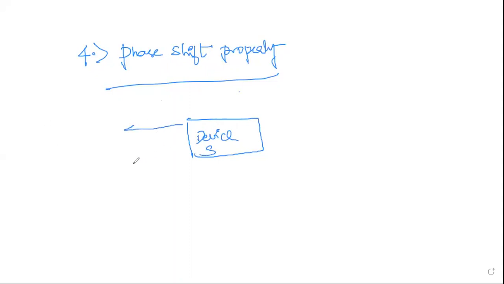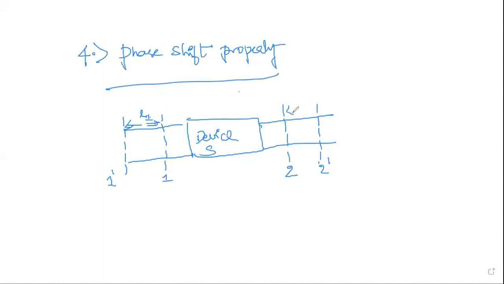So it is a 2-port network. Say this is the 2-port network which is defined. I'll consider this the first position of your two-port network, that is, this is the first port. And the second port position is this one. So what I'll be doing is shifting the first port by a length, say L1. The shifted port I'll write as 1 dash. Similarly, I'm shifting the second port by a distance of L2, which is denoted as 2 dash. So these are nothing but the reference planes.